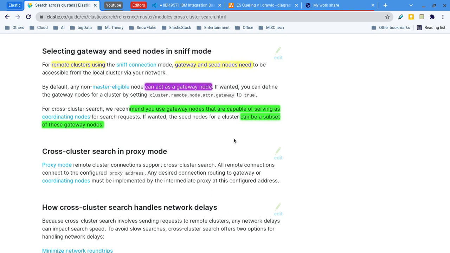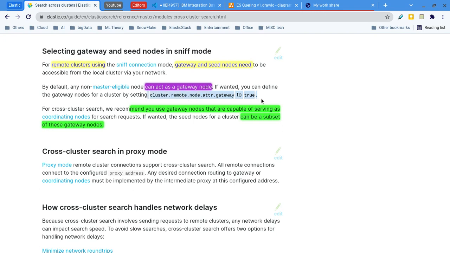Now, sniff mode. What is sniff mode? In sniff mode they talk about the gateway node. Any non master eligible node can act as a gateway node. If any node is playing as a gateway node, these settings have to be there.